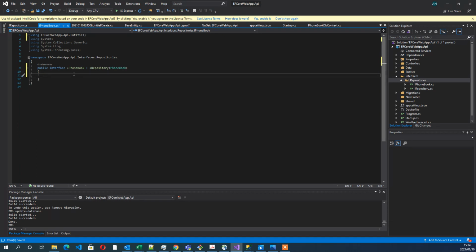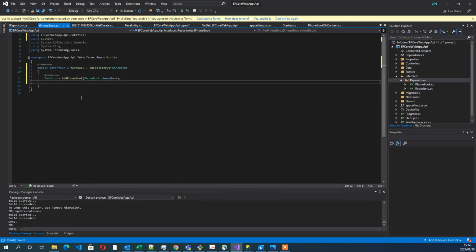So the first task method that we're going to define is a type of a task which is going to just return the identity that is added. So I'm going to call it add phone book, which is going to require phone book,